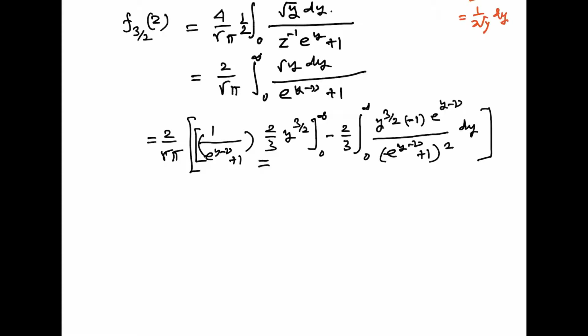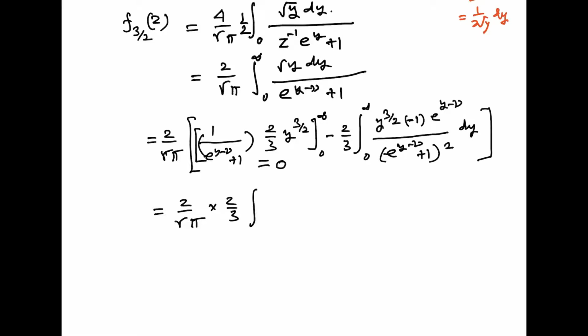Now this will give us 0, because when y is infinity, e to the power y minus nu will reach infinity, and the exponential reaching infinity will be at a higher rate than the linear rate of reaching infinity for y to the power 3 by 2. So that will be 0, and when y is 0, this will give 0. So we are left with, because this minus sign and that minus 1 makes it plus, 2 by root pi into 2 by 3